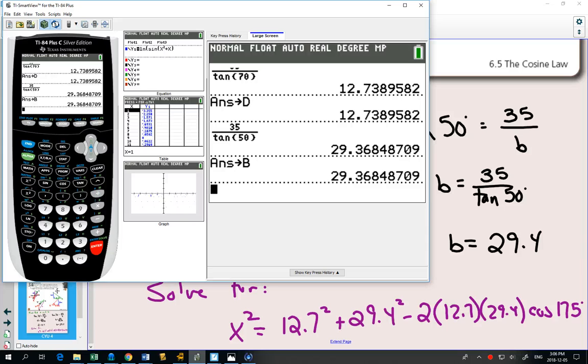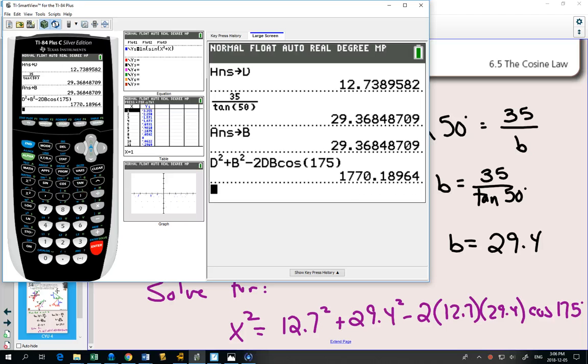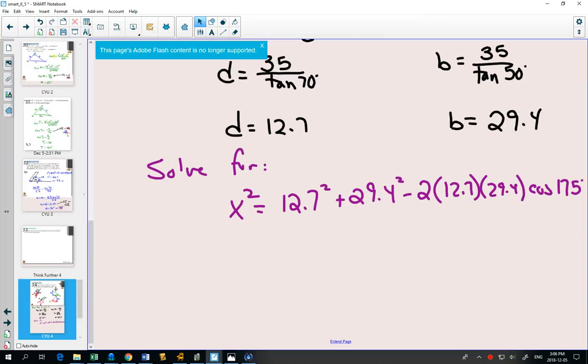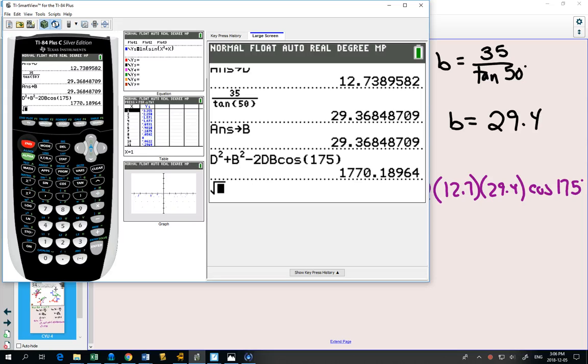So instead of going 12.7 squared, I can go d squared plus b squared minus 2 times d times b cos 175. 1770. And square root that answer,